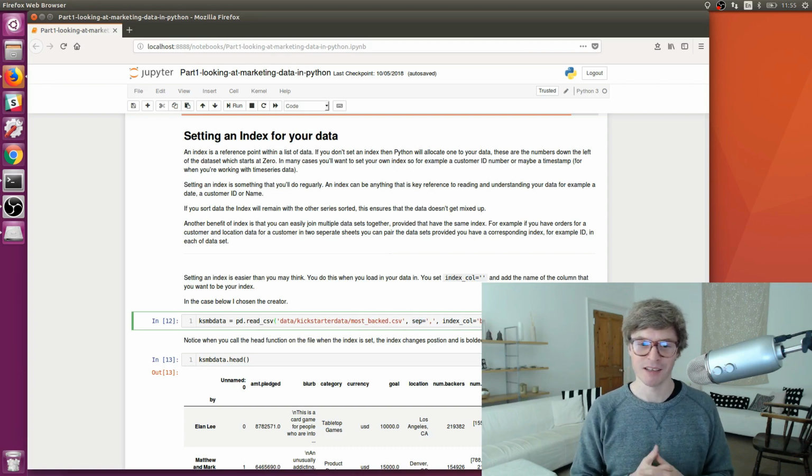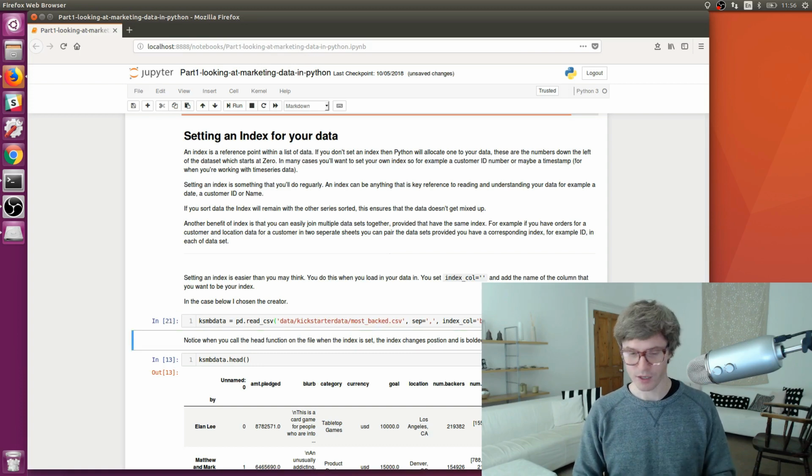I don't expect it to be duplicated all the way through. So we're going to run that. We got no errors. That's good, because if it didn't want to set that index, then you would have got an error, or if you didn't write the right bit of syntax, you would have got an error. You'll see the difference in the data when we call it again. So when we look at the head,